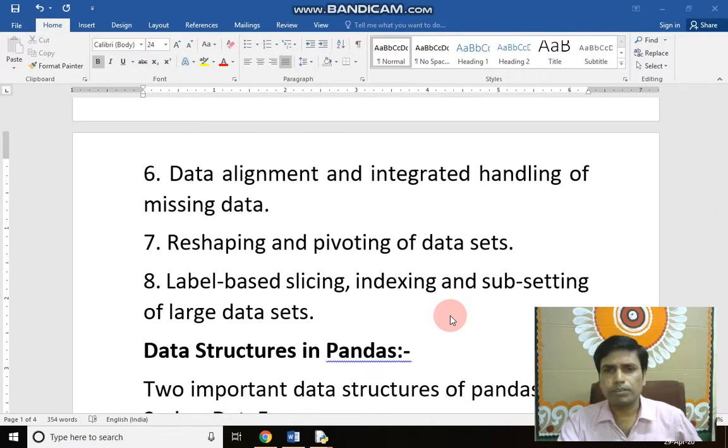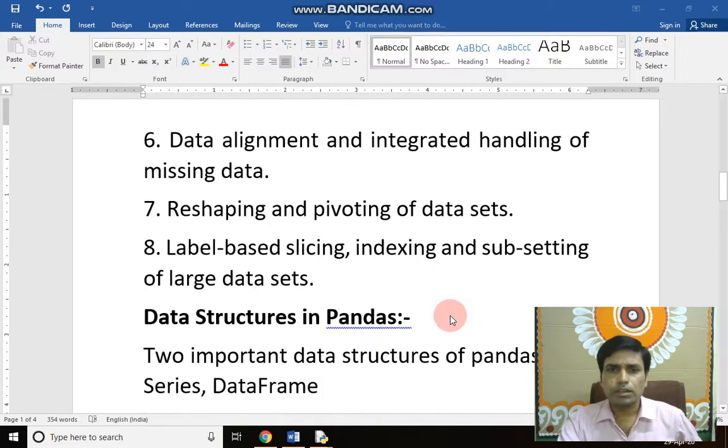Reshaping and pivoting of datasets. Last is label-based slicing, indexing, and subsetting of large data. We have to learn about various operations of DataFrame. Some are mentioned here: reshaping and pivoting, slicing, indexing, and subsetting.